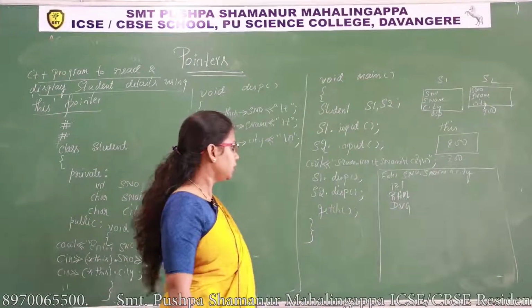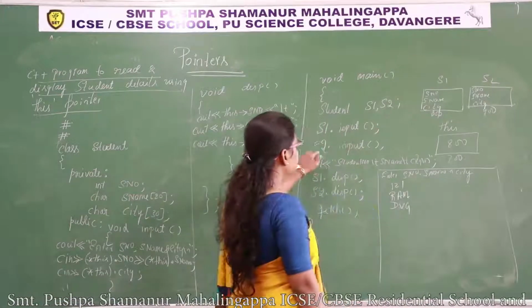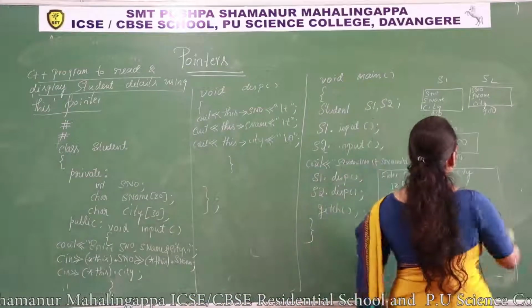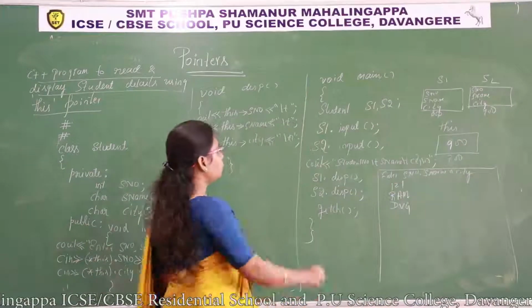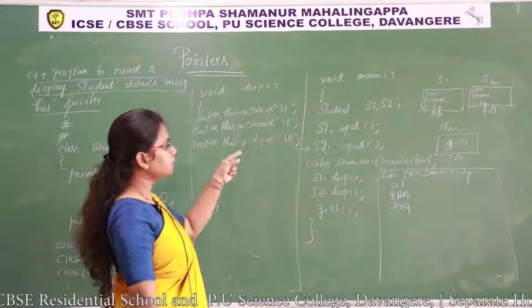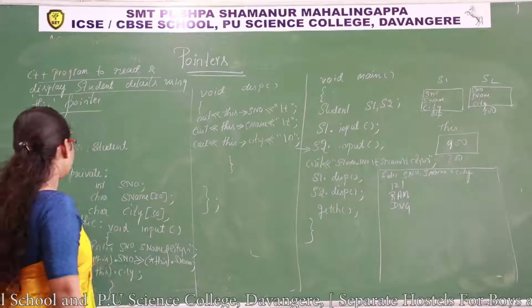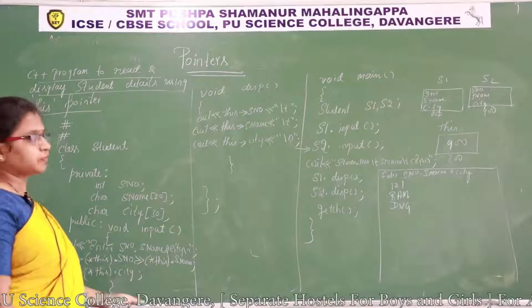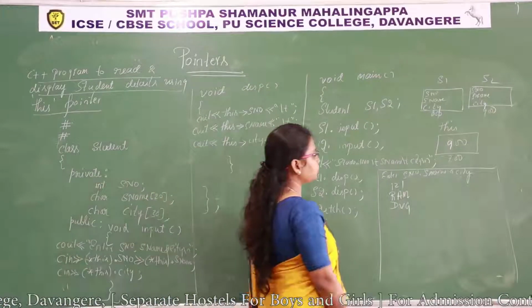Okay. Let us consider 121, Ram, city DVG, Davangere. Next, after that S2 dot input is there. Now which object is working? S2. Now this pointer contains the address of S2. Instead of 800, it stores 900. When control comes to this line, S2 is the current object and its address is stored in this pointer. Now star this, star 900, is equivalent to S2 dot SNO. Now the values go to the S2 object.